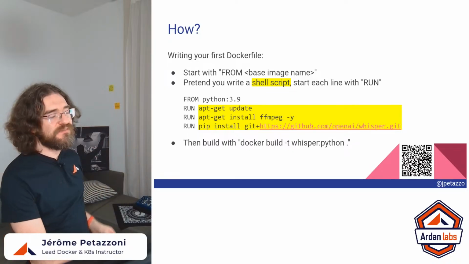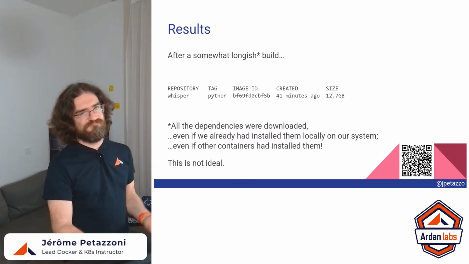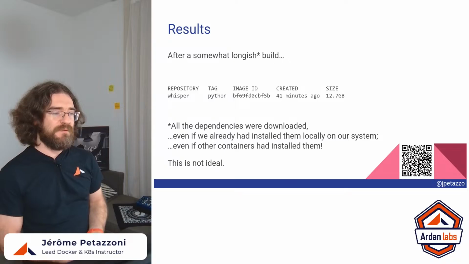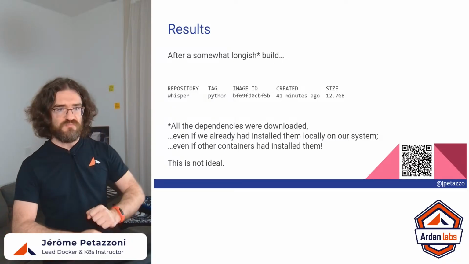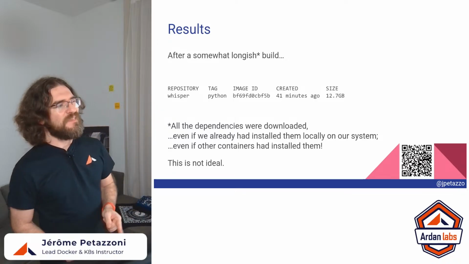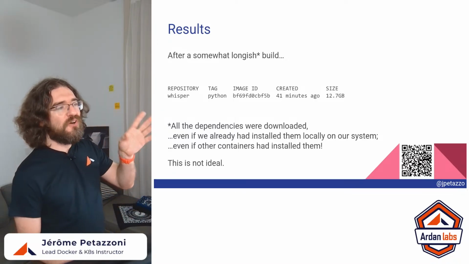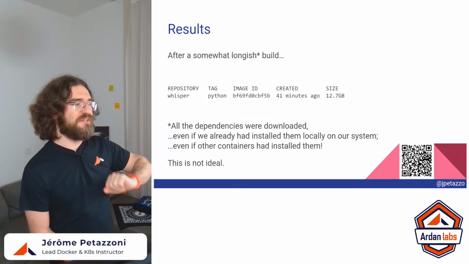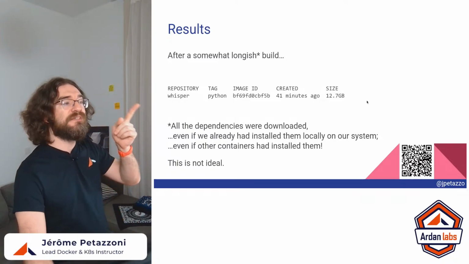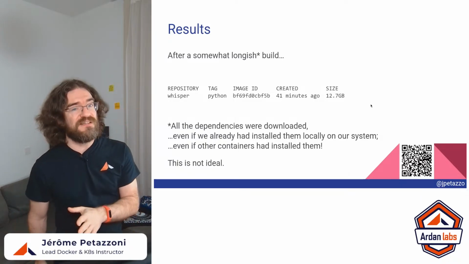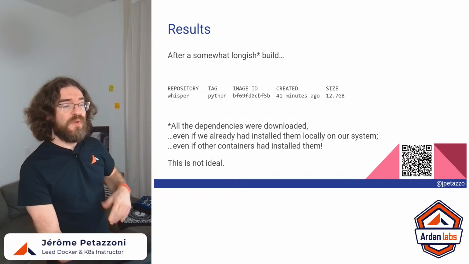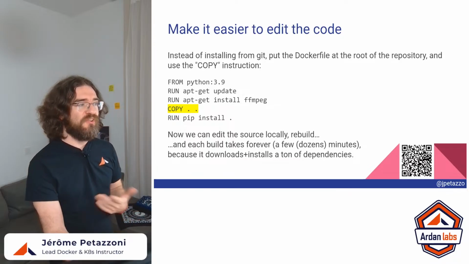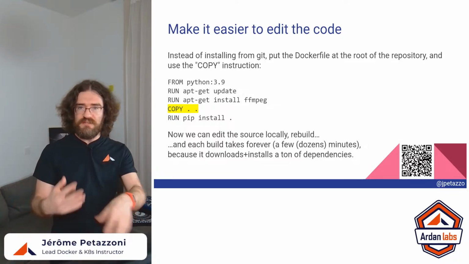And then you build this, and it takes maybe 5-10 minutes. It depends if you are lucky to have a really fast internet connection and really fast disks, because this is going to install a ton of dependencies and packages. You can see that the resulting image is 12 gigs, which is fairly big. But there you go, we have Whisper running in a container, and so I could include that in my pipeline,